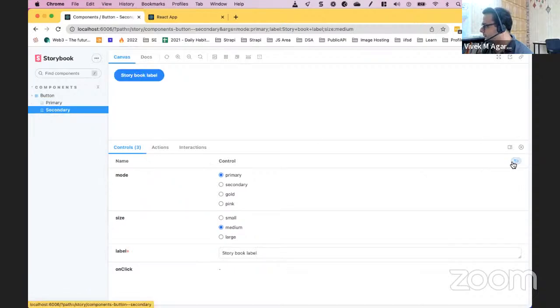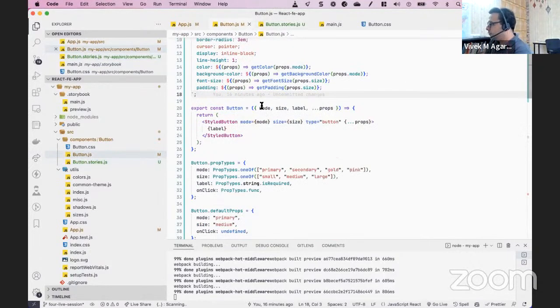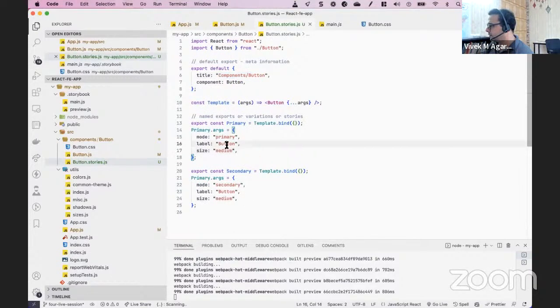व्हाट वी वांट इज बाय डिफॉल्ट इसमें लेबल आना चाहिए जो हम सेट कर रहे हैं, राइट। तो यहाँ पे जैसे हम एक लेबल आर्ग्यूमेंट्स में भेज रहे हैं, वो लेबल यहाँ पे प्रिंट होना चाहिए बाय डिफॉल्ट। तो क्यों प्रिंट नहीं हो रहा है वो हमें डिबग करना पड़ेगा, दैट्स अ प्रॉब्लम। तो बटन कंपोनेंट में अगर हम जाएं तो दे आर टेकिंग मोड, दे आर टेकिंग साइज, दे आर टेकिंग लेबल, LABEL, और वो लेबल को यहाँ पे स्ट्रिंग को प्रिंट कर रहे हैं। और यहाँ पे अगर मैं देखूं तो लेबल में मैंने एक सिंपल सा स्ट्रिंग भेजा है। सो आइडियली ये लेबल तो